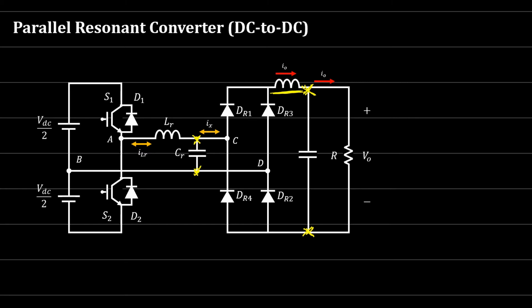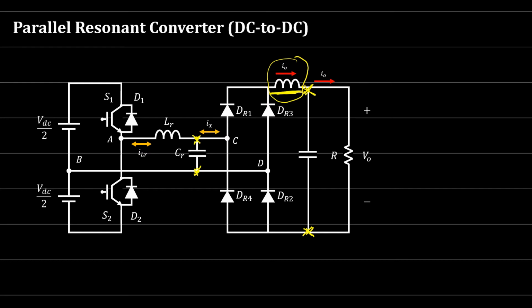So we cannot connect two voltage sources together. We need to have some current source here, which is the inductor, and then connect the output capacitor. That's why we inserted this inductor in this place. So you'll find that an output inductor is connected to the rectifier output to produce a constant current from the bridge to the load. Since the resonant capacitor is acting as a voltage source, two voltage sources cannot be